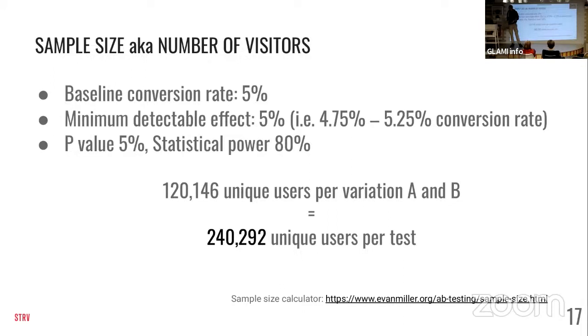So detecting a change from a baseline of 5% is kind of typical in online work, I think. Well, it depends on your business and your metric, but this is a typical example, and you need really a lot of users. So keep that in mind. There is a link to the calculator where you can actually